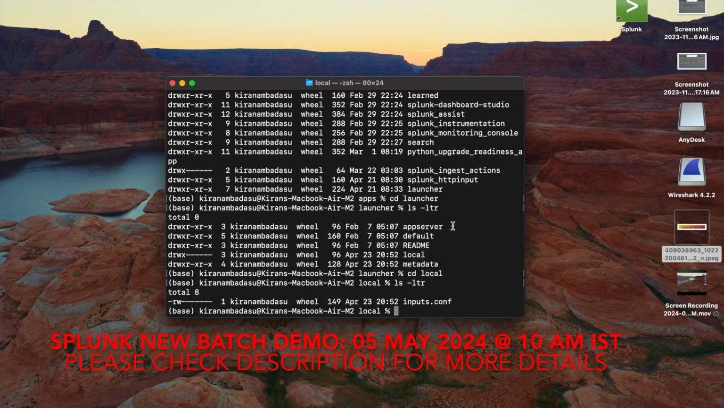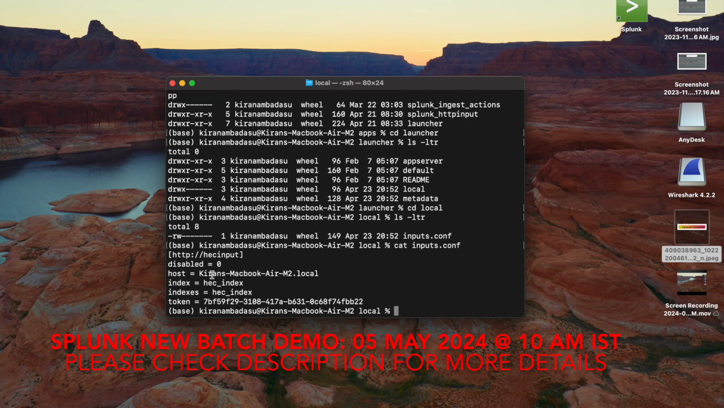The earlier inputs.conf file is related to the folder splunk_httpinput. So this inputs.conf file is related to the launcher app, from which we have created the token. So if I see the contents of this file, cat inputs.conf, see, HEC input is the name we have given to the token, right? So http://HEC input is the stanza it has created, and disabled we have enabled this one, that's why disabled equals 0,